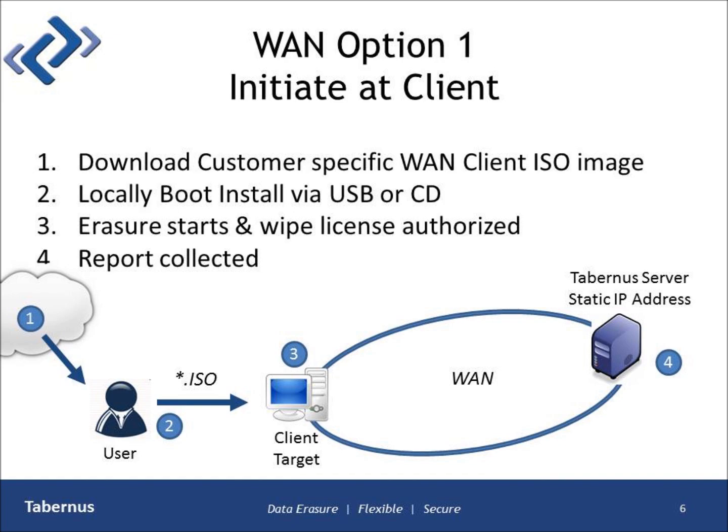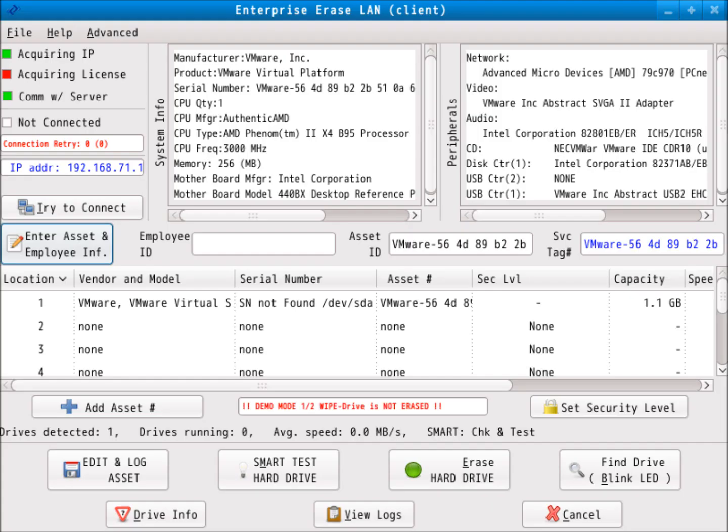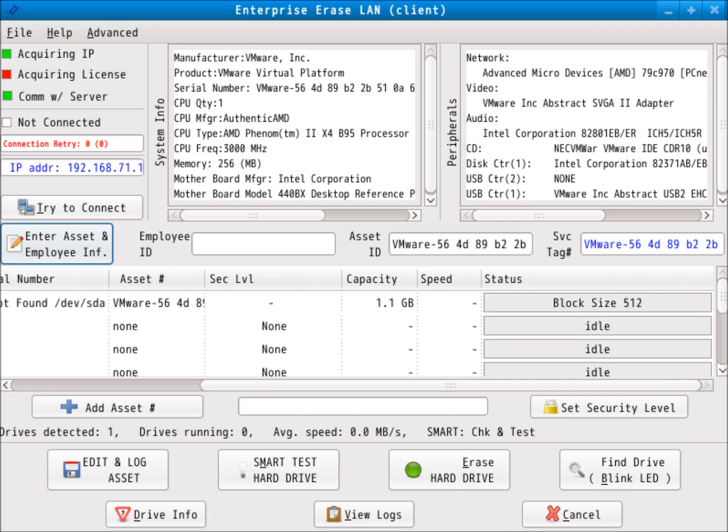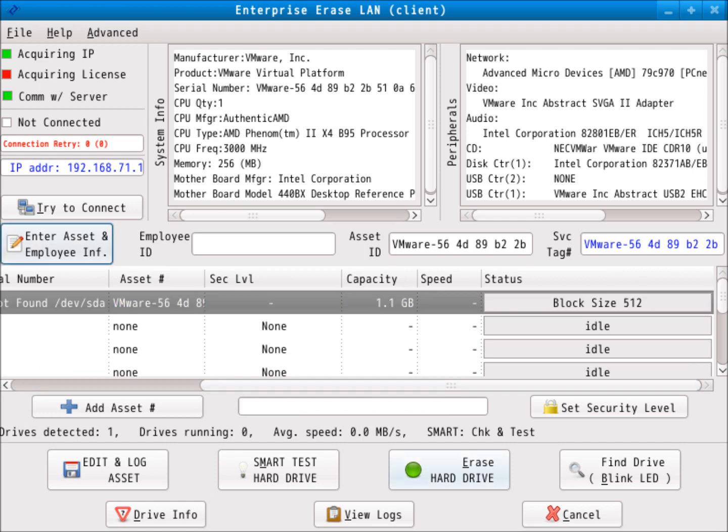At the client level, we can see a lot going on. This ISO image has booted, and you can see the information of the system here. This is representing the drive. The user simply selects the drive and hits the Enterprise Erase hard drive button,